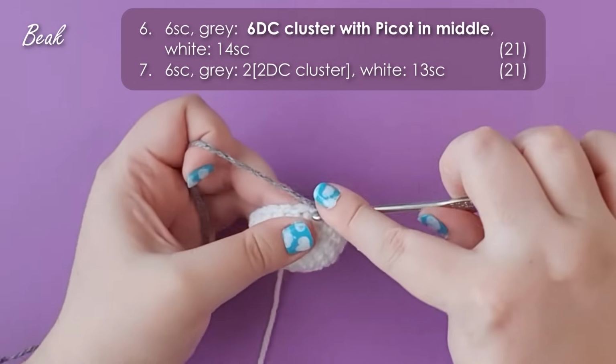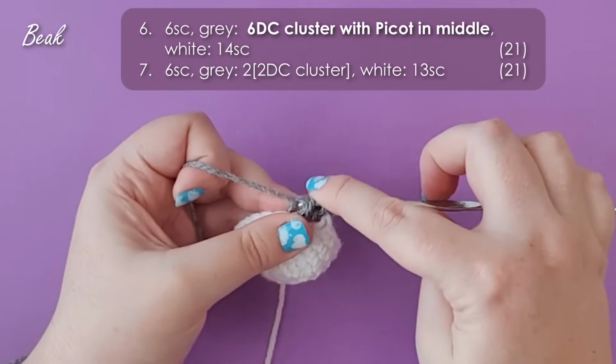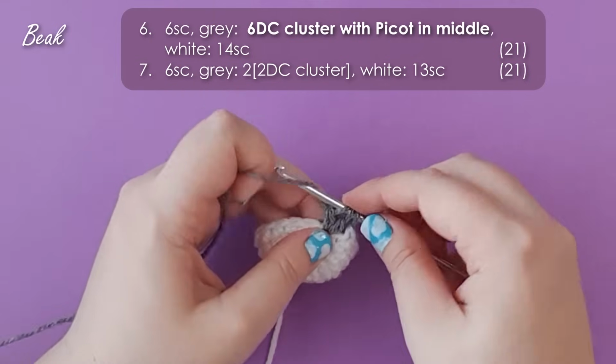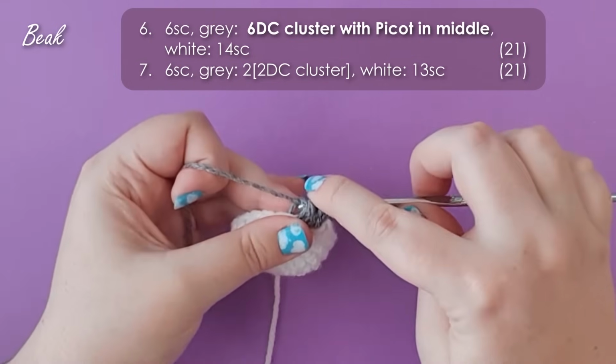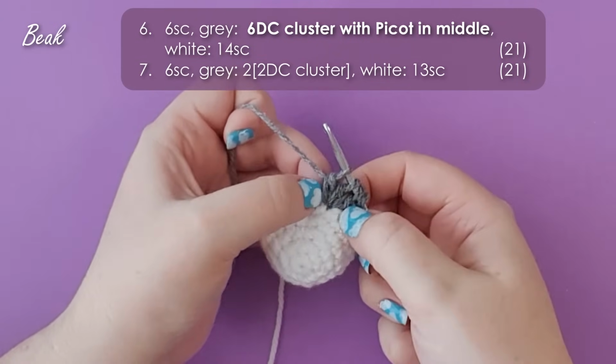So yarn over, insert the hook, yarn over and pull up a loop, yarn over and pull through the first 2 loops on our hook. So that's our second time, and we've got 3 loops on our hook now. And I'm going to do it one more, leaving me with 4 loops in total on my hook,